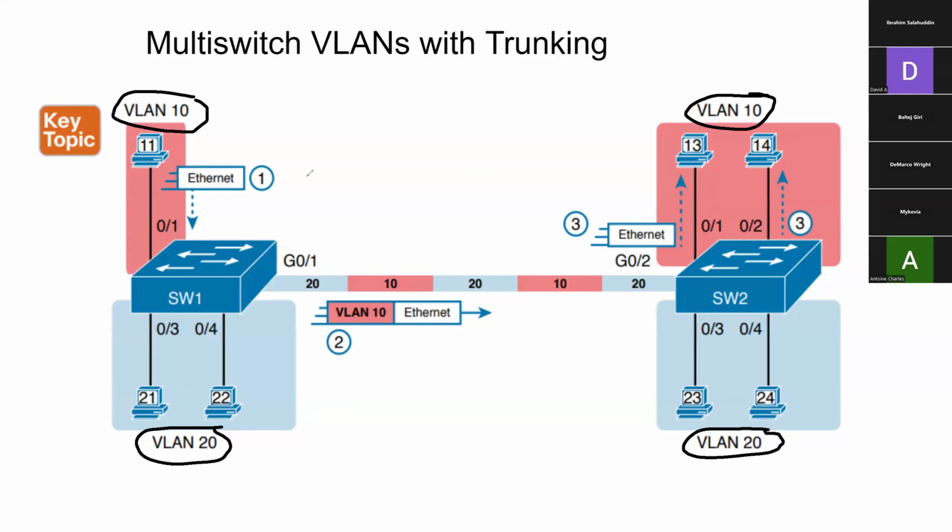So hypothetically, let's just say PC 11 sitting right here wants to send an Ethernet frame over to PC 13 or 14, right? Now, VLAN 10 is configured on both switch 1 and switch 2, but how do we get it over there? Because we were talking before about how the broadcast is just going to be sent out all the other switch ports that belong to that VLAN, but now it's on a different switch, right? So